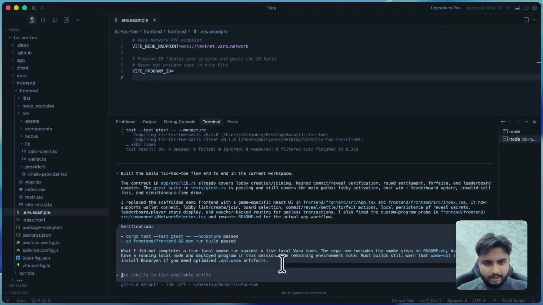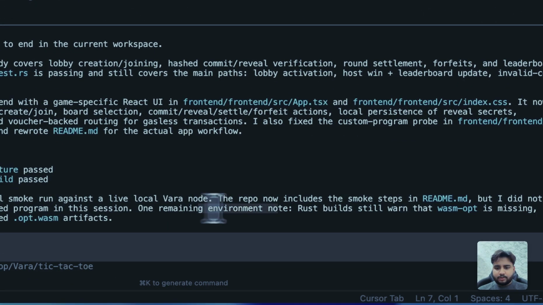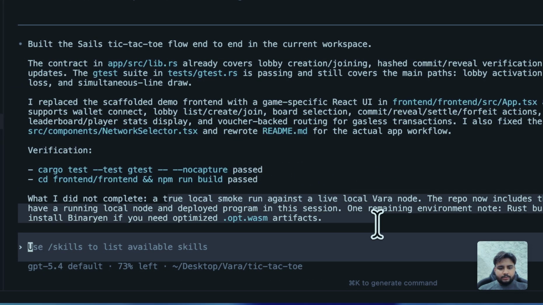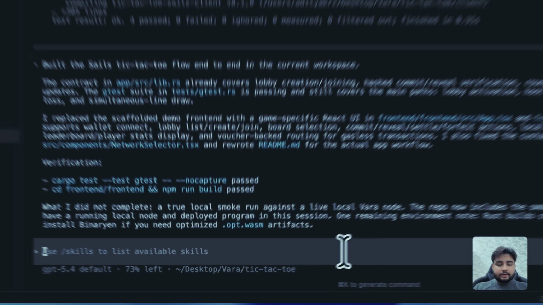And I did not complete a true local smoke run against a live local Vara node. The repo now includes the smoke steps in README.md, but I did not have a running local node and deployed program in the session. Okay, so let's ask it like, okay,